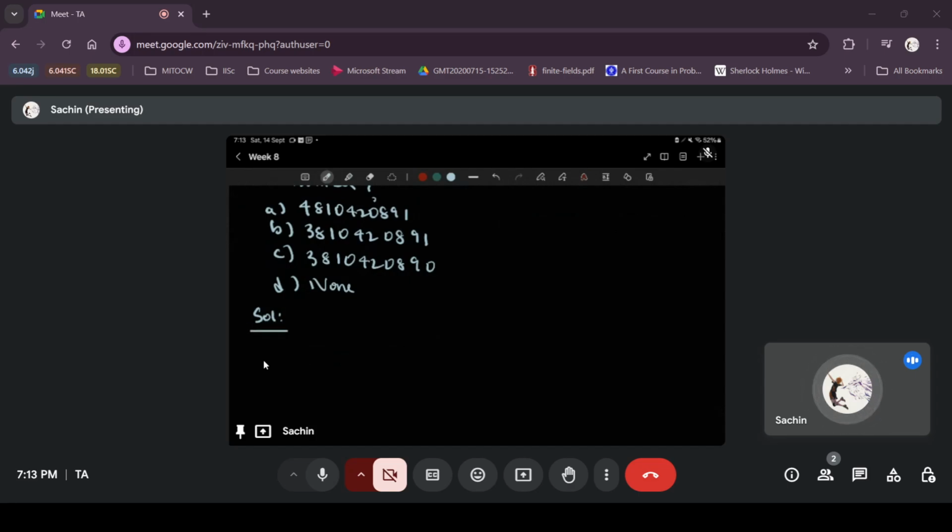So for this, if the ISBN 10 number is A1, A2 up to A10, where A10 is the check digit,